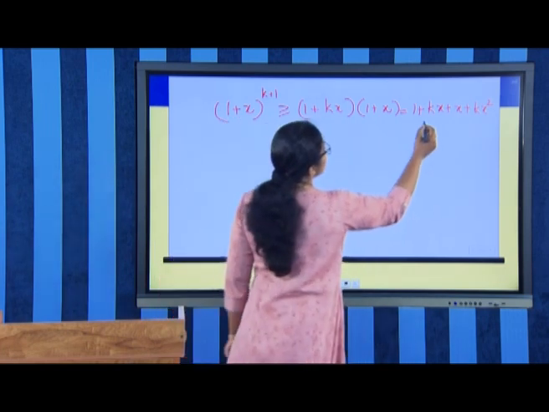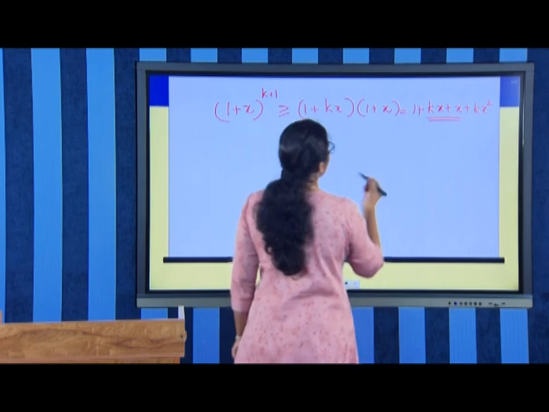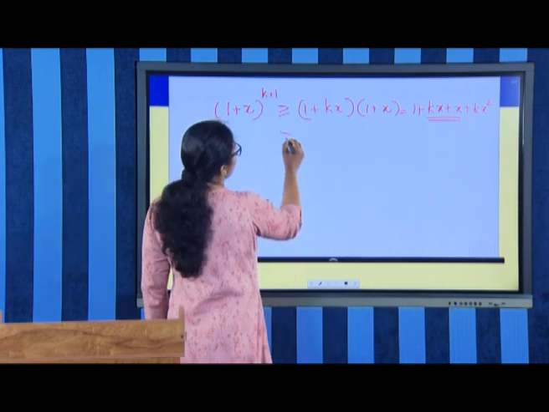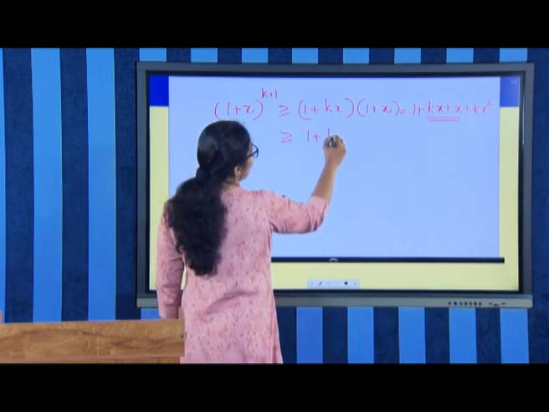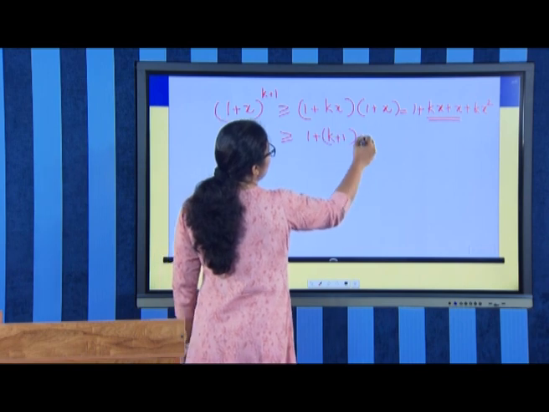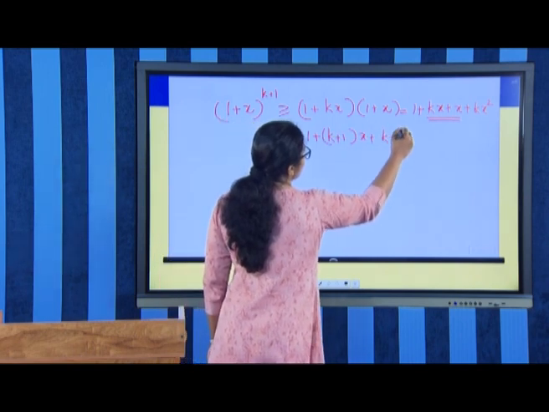So, what are these terms added up together? We have that is greater than or equal to 1 plus (k plus 1) into x plus kx square,